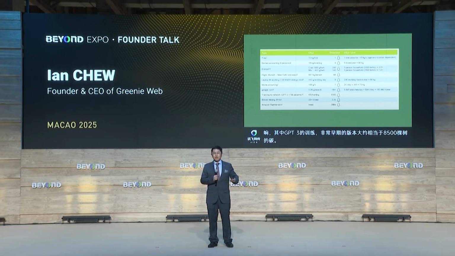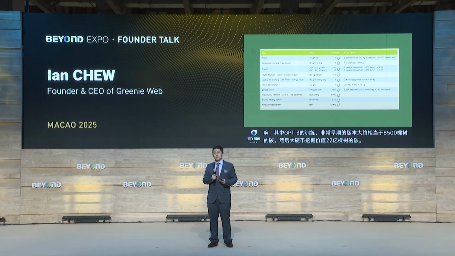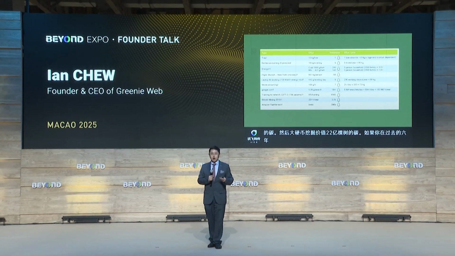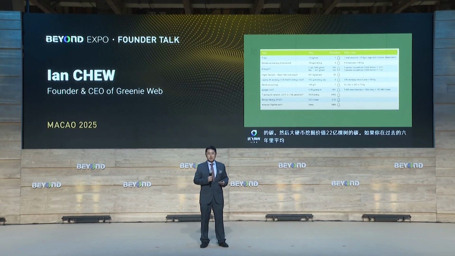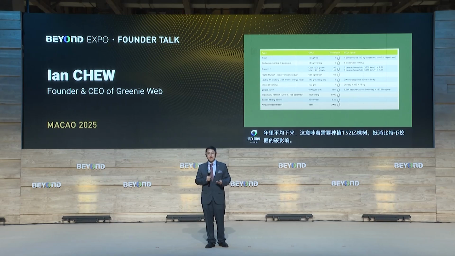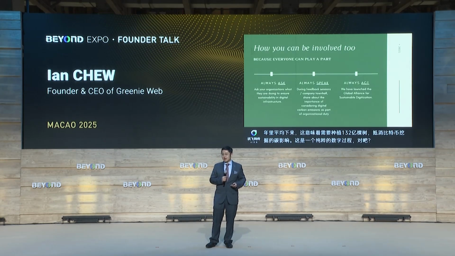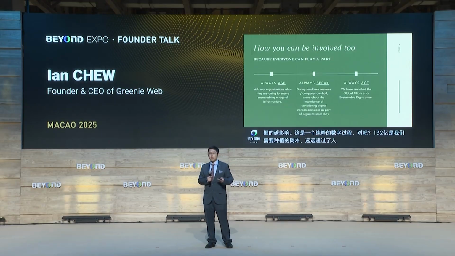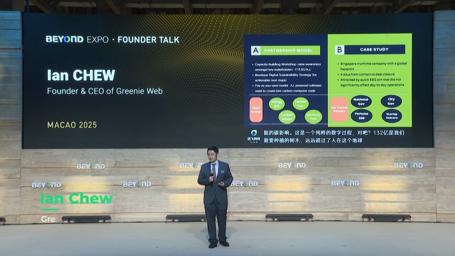If you average that out over the last 6 years, that means that 13.2 billion trees needs to be planted to offset the carbon impact of Bitcoin mining, which is a purely digital process, right? And 13.2 billion is far more trees that we need to plant than people we have on this entire earth. So how can you be involved? Always ask what the organization is doing, always speak up and always act.